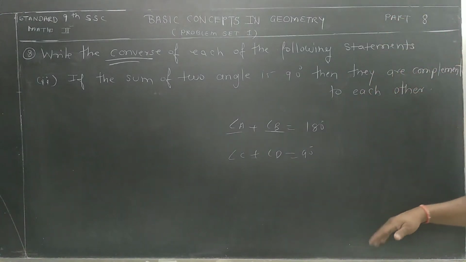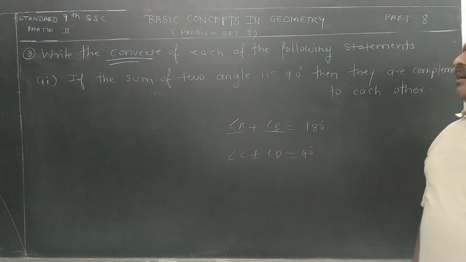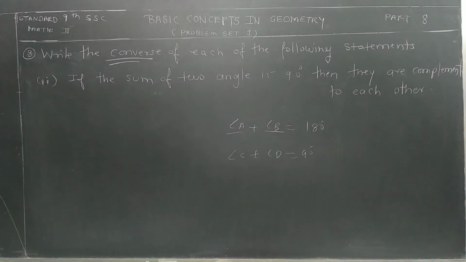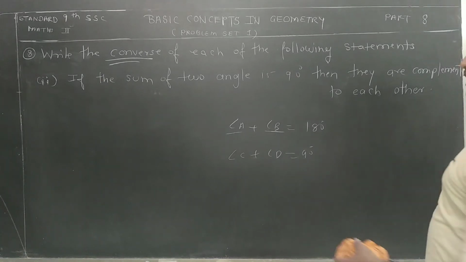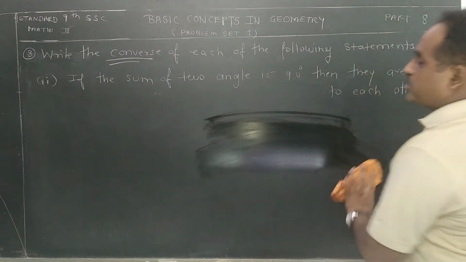But keep in mind that when the sum of two angles is 180 degrees, it is called supplementary, and when the sum of the measures of two angles is 90 degrees, it is called what? Complementary. And the angles are called complementary angles. They are complementary to each other. I think it was there in 8th standard also, about supplementary and complementary. Now we are going to make use of that property.